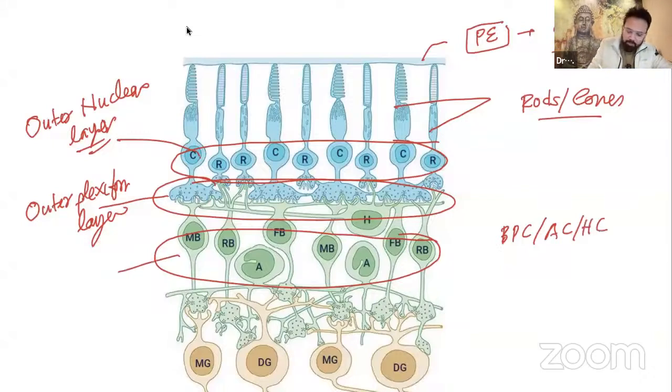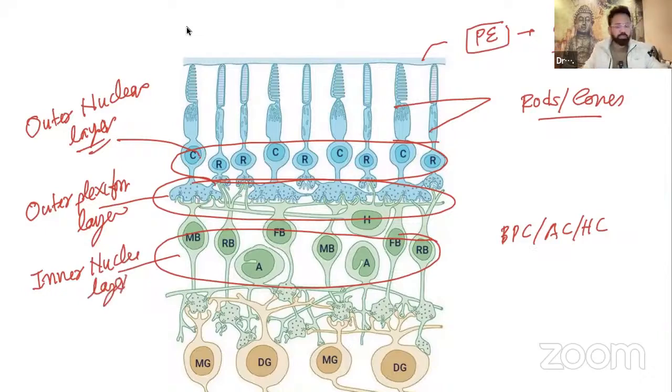All these form the inner nuclear layer. Sometimes they ask you in the exam, the outer nuclear layer is formed by what? The answer is rod and cone. Outer plexiform is between rod and cone and bipolar cell. Inner nuclear layer is formed by all other